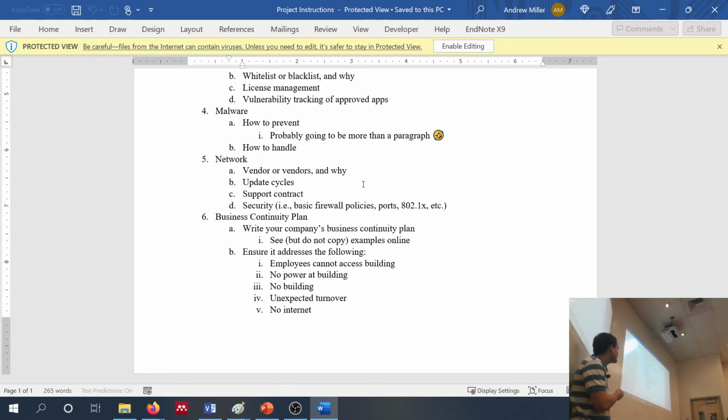All right, what update cycle are you going to use for your networking equipment? Now, is it fair to say this may be different depending on if you're talking about the back end or the front end devices? So for instance, let's say that you had a traditional office environment. Let's say it had 10 floors. You might replace the individual switch for the given floor. You might replace that less frequently than you would replace, say, the back-end switch. Is that fair to say? So you're going to come up with that.